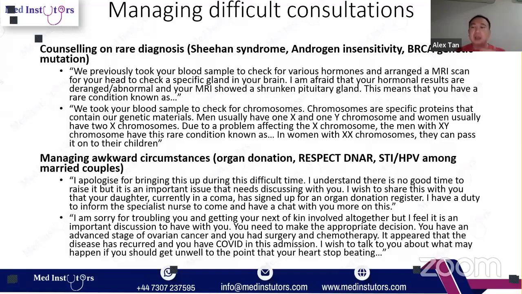It is a form signed and agreed by both the patient and the clinician, like ourselves. Usually a consultant signs them, not a registrar, to manage the patient with the best supportive care. So this replaces the term DNR form. It sounds better. You uphold the respect, the wishes of the patient, and it is the new lingo for DNR forms. You talk about the STI HPV issue among young couples, and it's always going to be something that you will deal with in the exam. So let me give you some examples. I've given you some examples already.